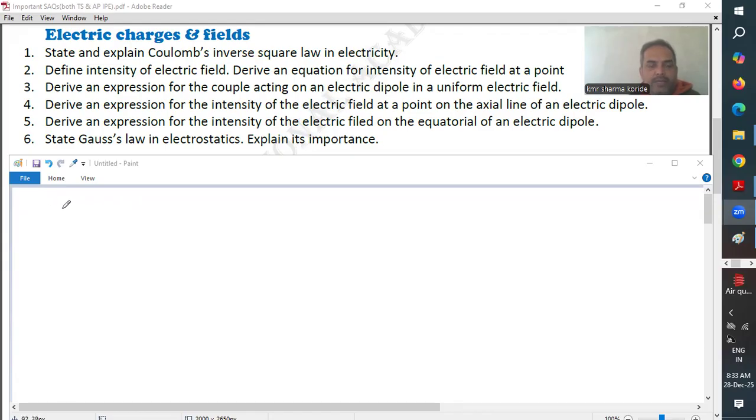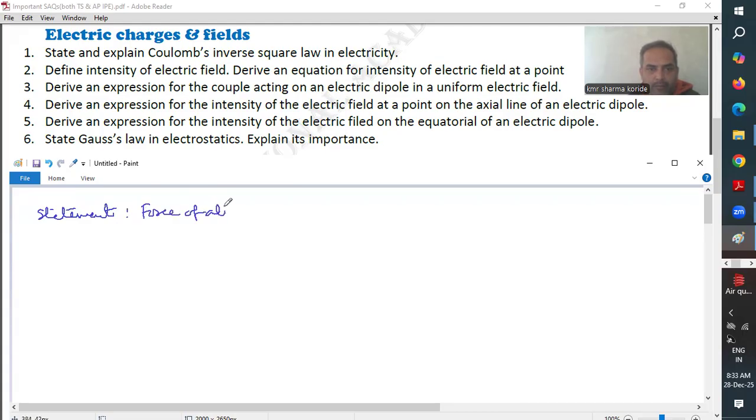So let us concentrate on the statement first. Before that, we all know that like charges repel and unlike charges attract when they are separated by some distance. So keeping that in mind, we include force of attraction and repulsion in the statement. The statement is: force of attraction or repulsion between two stationary point charges